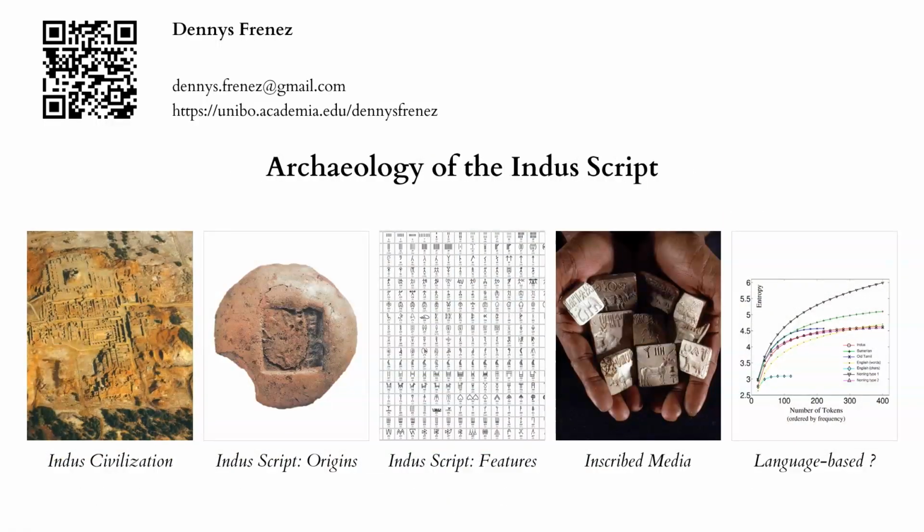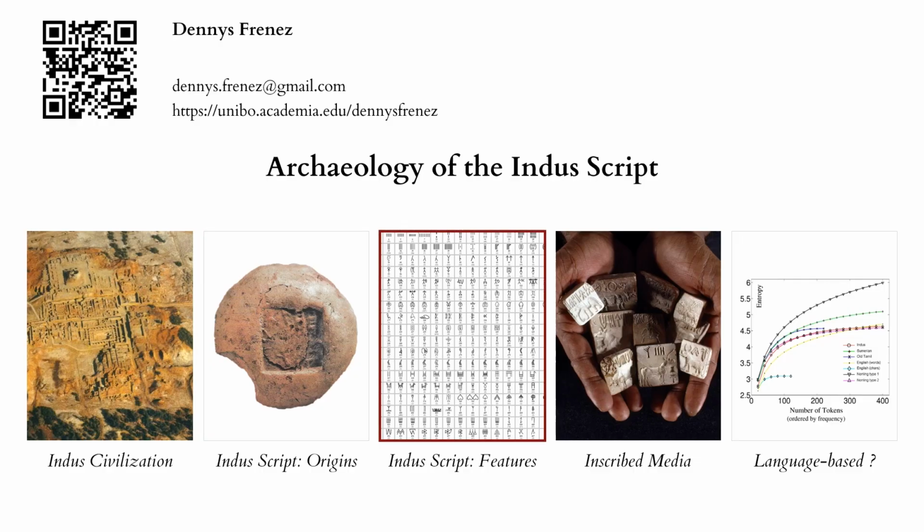Accordingly, the presentation will be divided into 5 main sections. To contextualize the specific topic of this talk and to introduce some key concepts that will recur later in the talk, I will first outline the main cultural and ideological foundations of the Indus civilization, with particular attention to urbanism, social organization, and visual culture. I will then briefly discuss the origins and early development of the Indus script, from late 4th millennium proto-writing practices to its formalization in the early 3rd millennium BC.